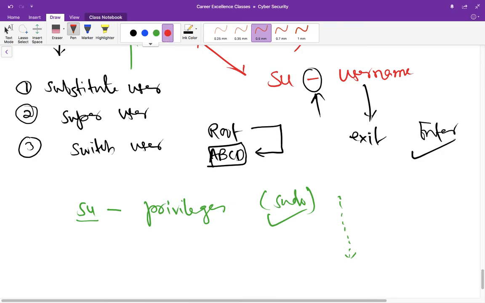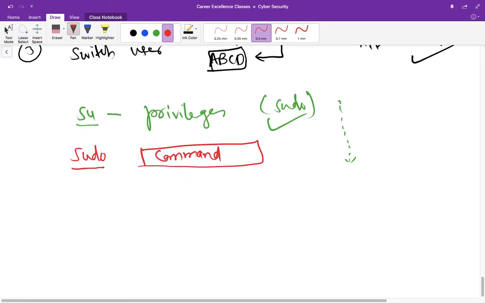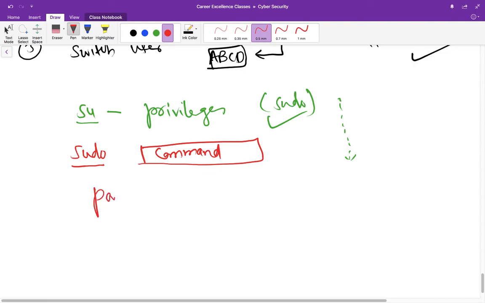So then there is another utility which is called sudo. And what does sudo do? It asks you to enter sudo first and then some command. Every time you enter this command, it will ask you for the password. So what will happen in this case? You cannot forget to log out, right?